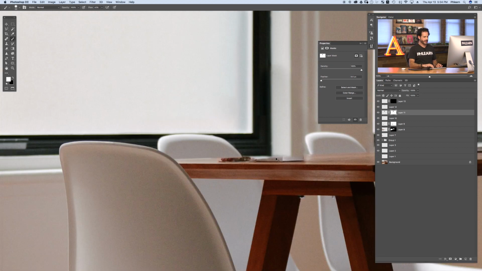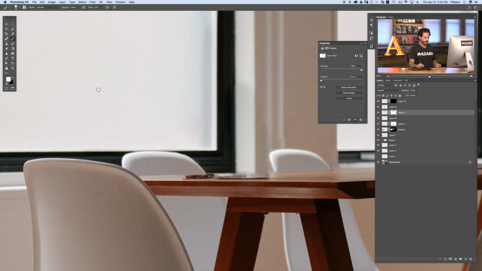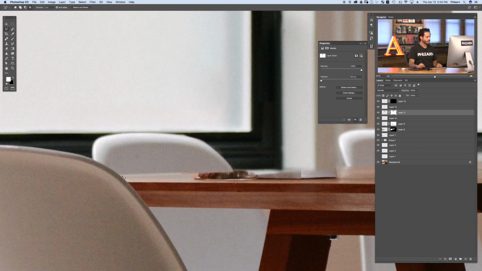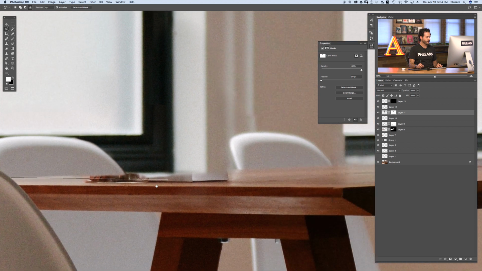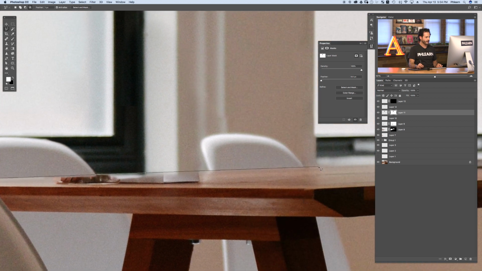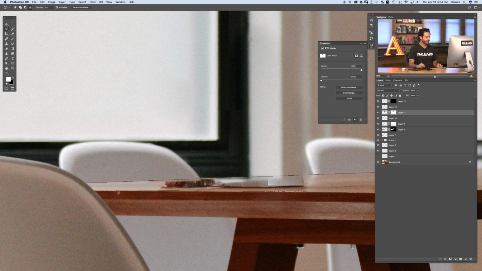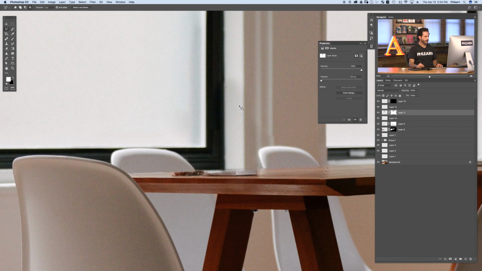Okay, so for the table, basically we're going to use our polygonal lasso tool. We'll go ahead and click right over here, and then click on down there and come right back around. Basically, I'm just defining the area where we want our table to be. So now that we have that area pretty well defined, let's just use our brush tool, and on a new